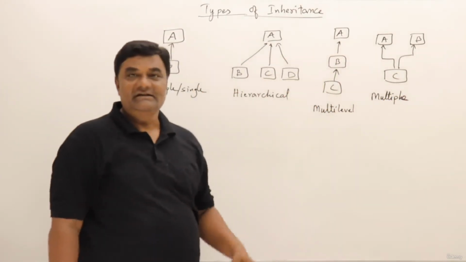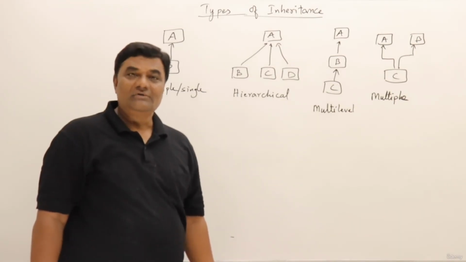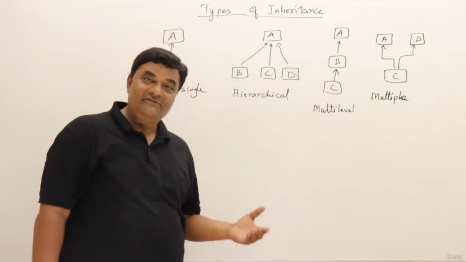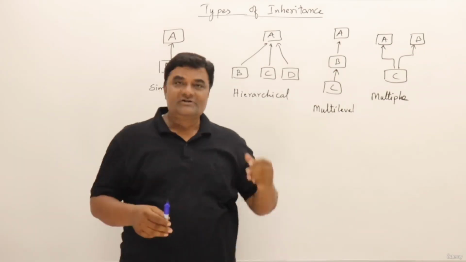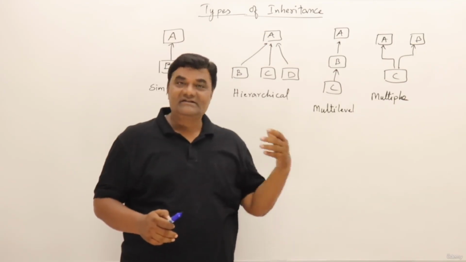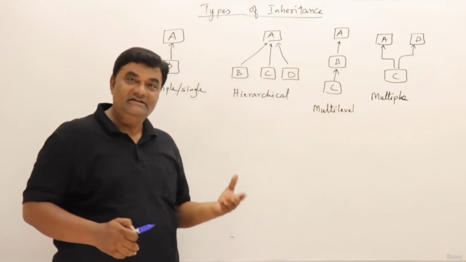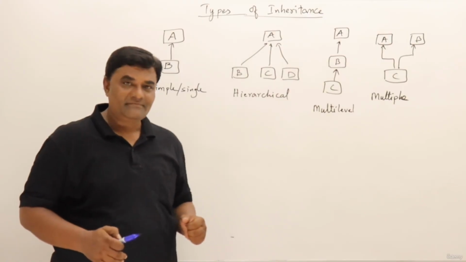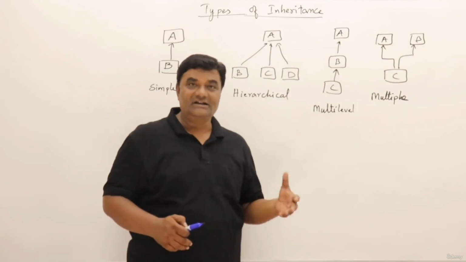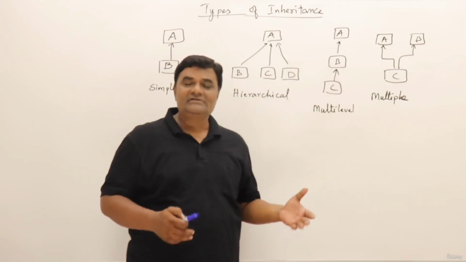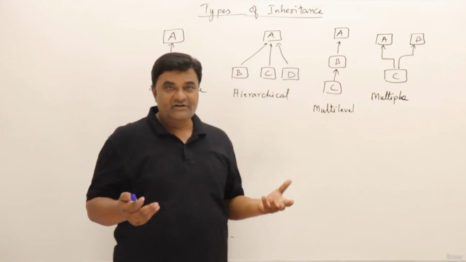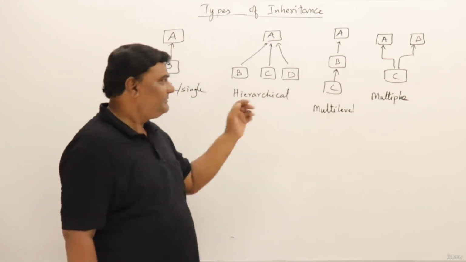Yes, this inheritance is a little different compared to other languages. Multiple inheritance means a class can inherit from more than one class in C++. So it means for one class there can be more than one base class. Yes, this is possible in C++. If you know a little bit about Java, it's not allowed in Java. Java doesn't have multiple inheritance. So there is another way of achieving multiple inheritance. Why a class needs to inherit from multiple classes, I'll explain that.